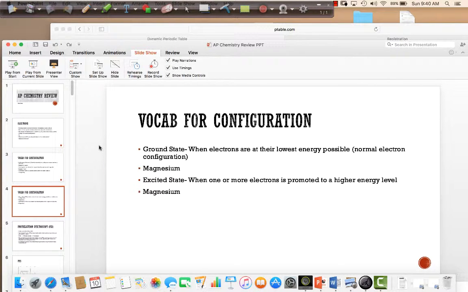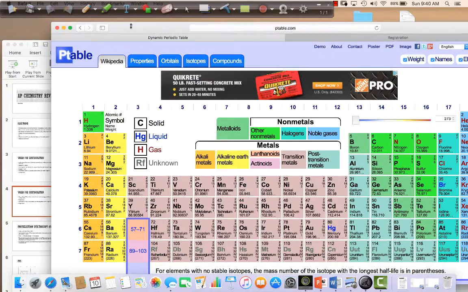Okay, so ground state versus excited state. If you remember back to the flame test, if you add energy to an atom, the electrons can actually move up in energy, so they become excited. So the ground state is what they normally are. That's the lowest possible energy level that you would have. So for magnesium,